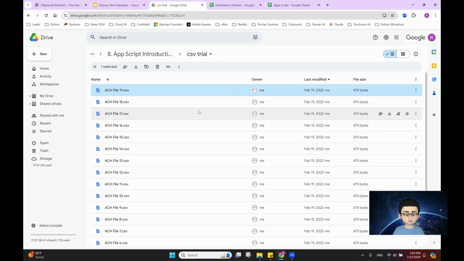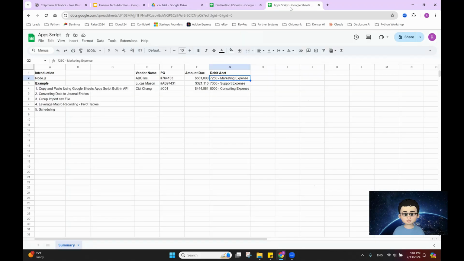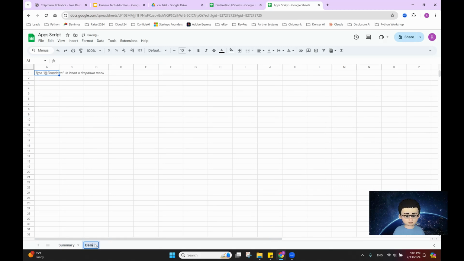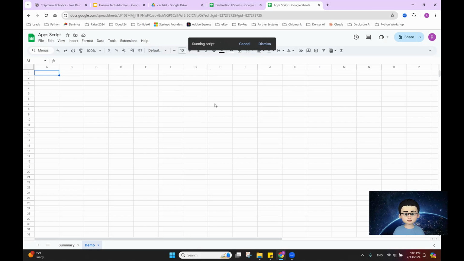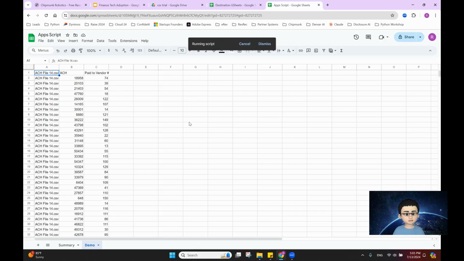I could simply copy and paste all the data or import the data into a Google Sheet if I wanted to, but that's manual. That's no fun at all. So alternatively, we can just write an Apps Script to do a more automated ETL. And here, let me create a blank Google Sheet tab, call it demo. Then all I need to do is trigger the code. I called it CSV sum. So let me run this code and see how quickly